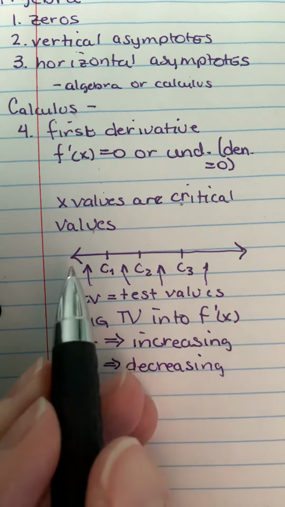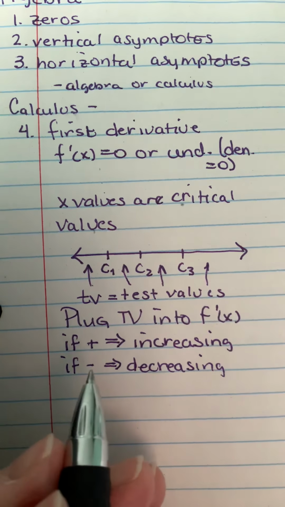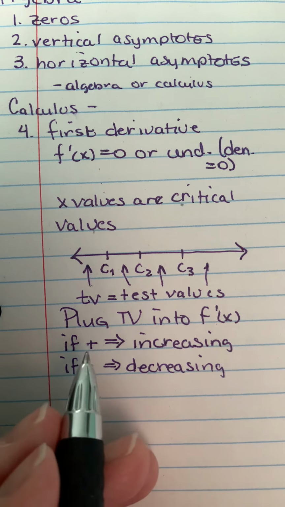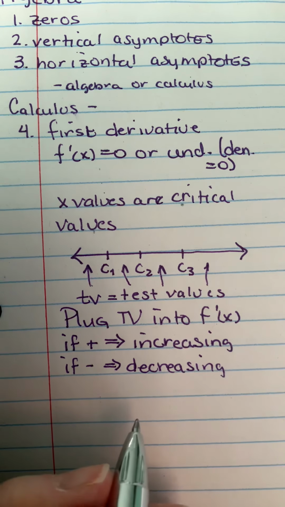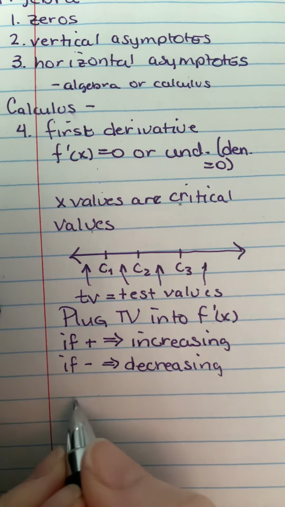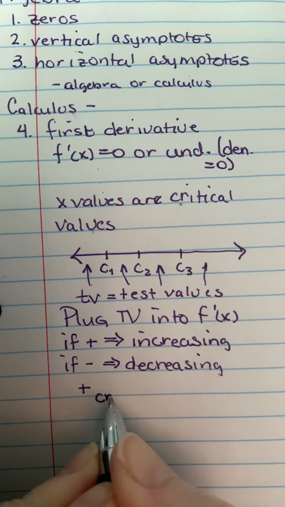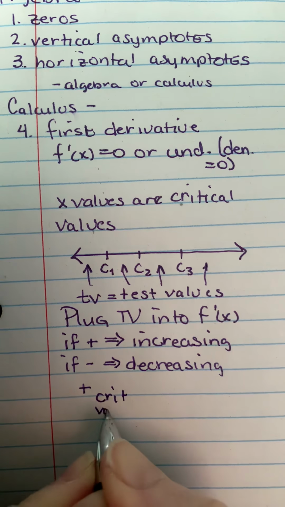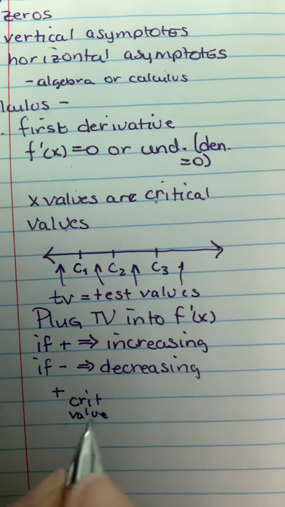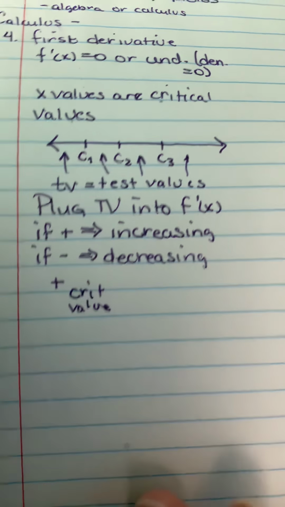So we mark increasing and decreasing all along here. The important things actually happen at the critical values. So if we have something that increases and then we have a critical value, whoops, there you go. Sorry, I didn't realize you